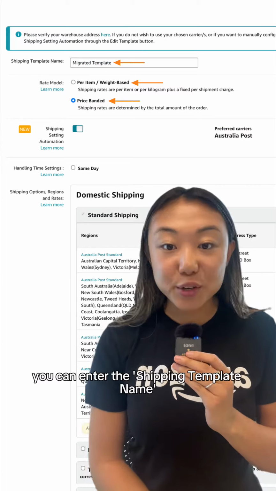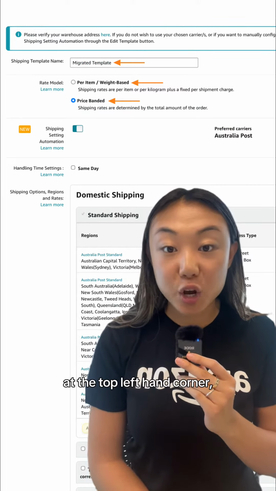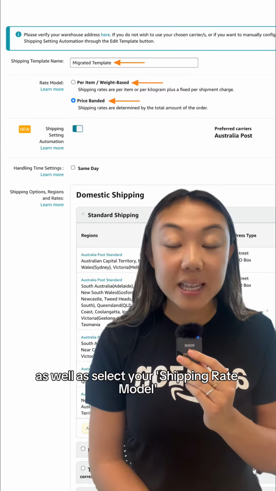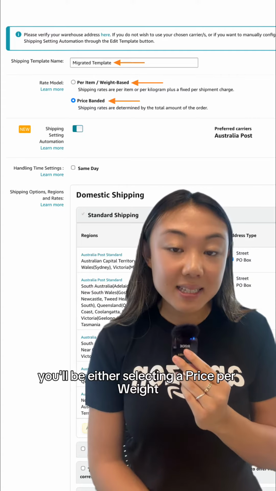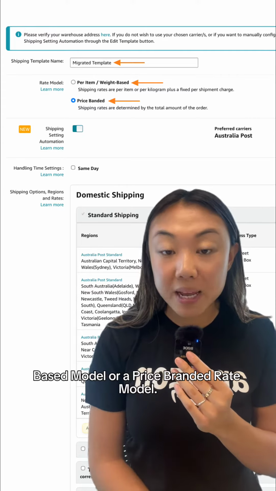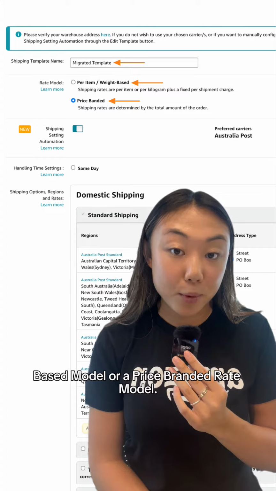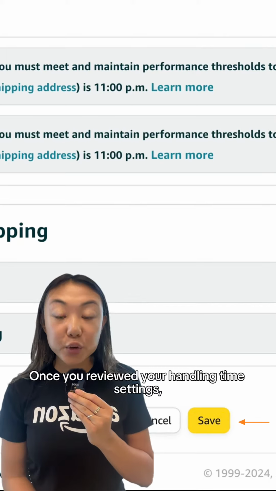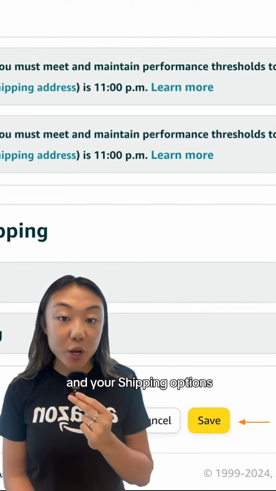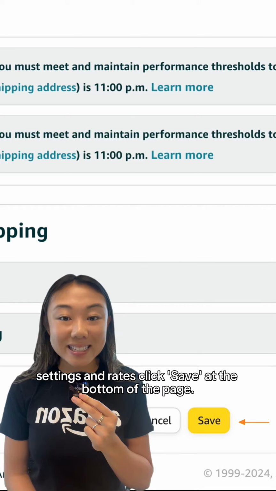On this page now, you can enter the shipping template name at the top left-hand corner, as well as select your shipping rate model. You'll be either selecting a price per weight base model or a price banded rate model. Once you've reviewed your handling time settings and your shipping options settings and rates, click Save at the bottom of